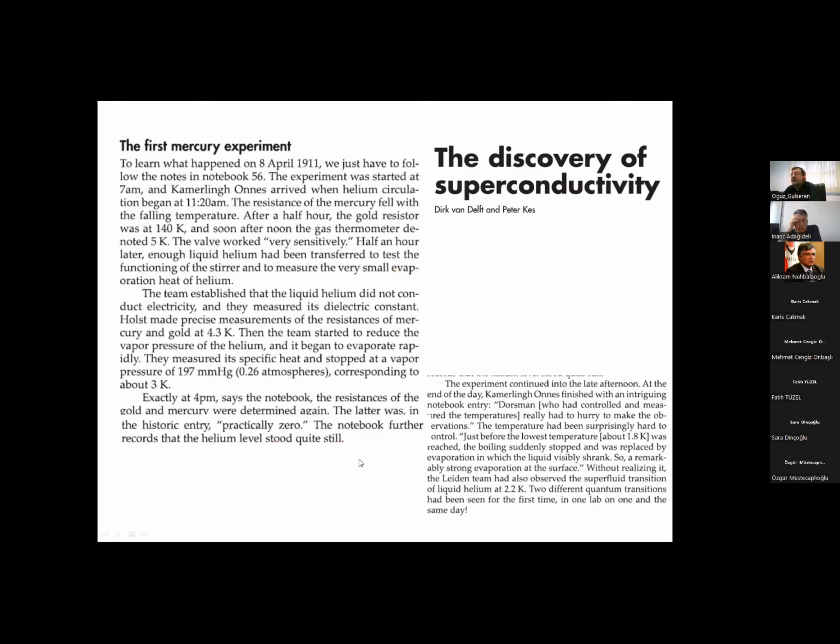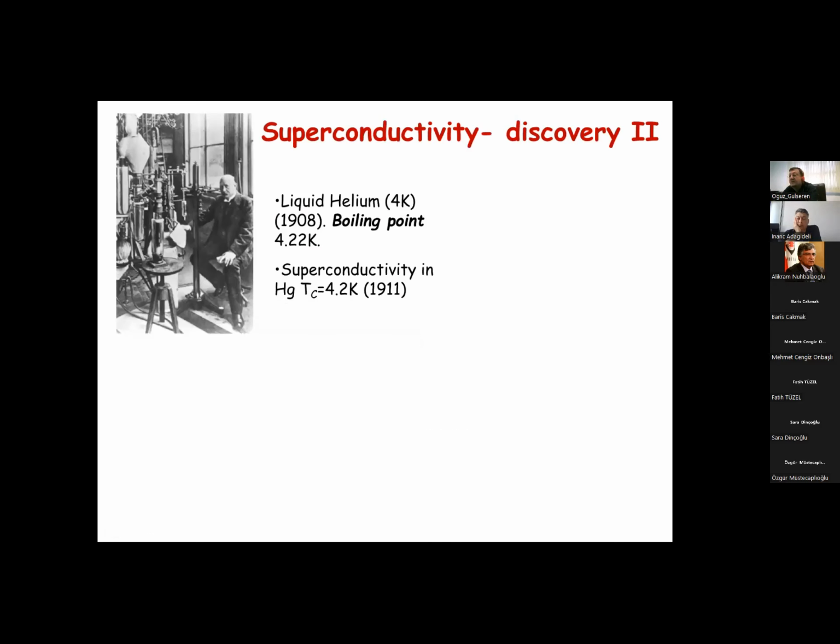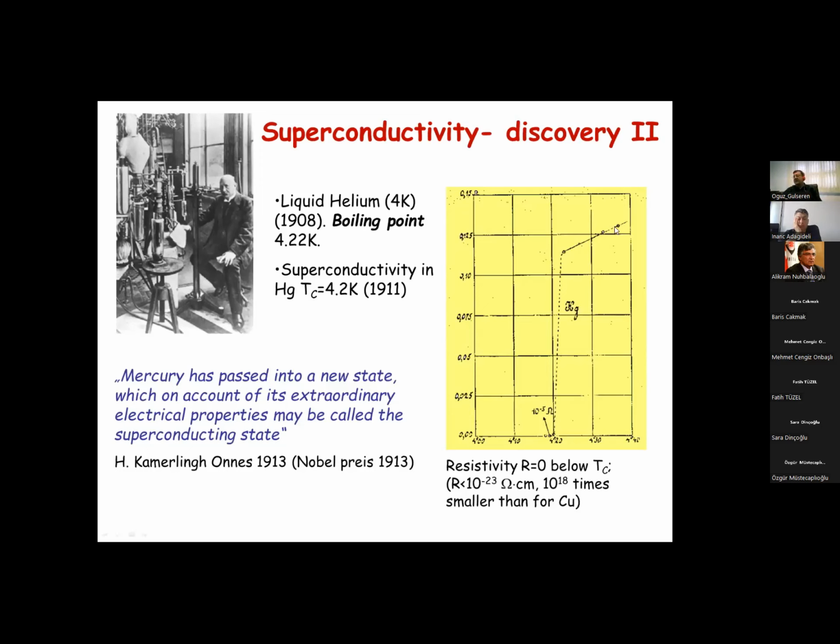And actually, there is a quite nice story describing this, in an issue 100 years after the discovery of superconductivity. There is a special issue of Physics Today. They describe in detail all these stories and so on. But during these mercury experiments, while they were trying to get to liquid helium, actually they got a short circuit. First, they assumed that's a mistake. They repeated the experiment and so on. So eventually, they got this curve.